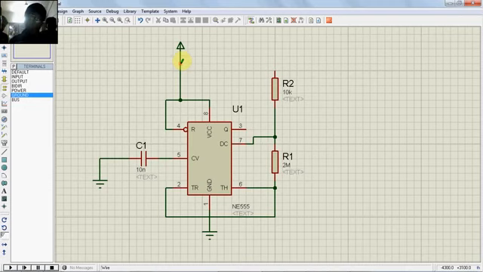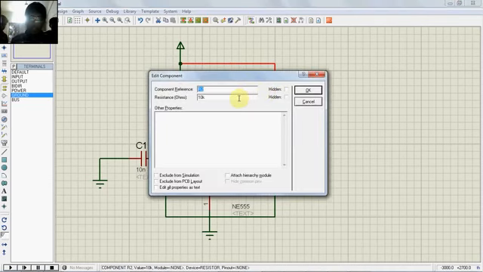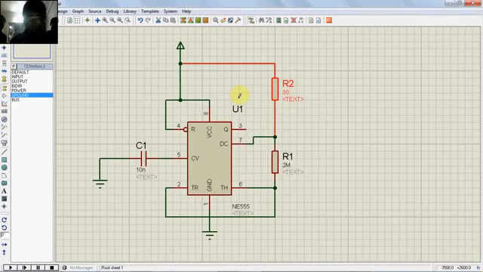And now if you simulate it, you can see that this red is high voltage, this blue is low voltage, that is ground, this is VCC, and you can see that some clocking is there, right? And I will show that. Just wait. Press stop here to stop the simulation. And now I didn't use a capacitor here. I'll use it now.